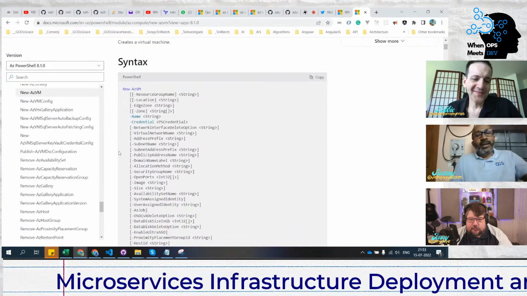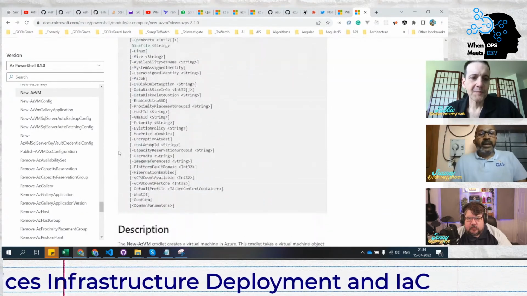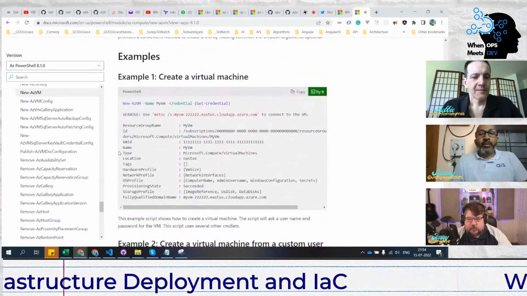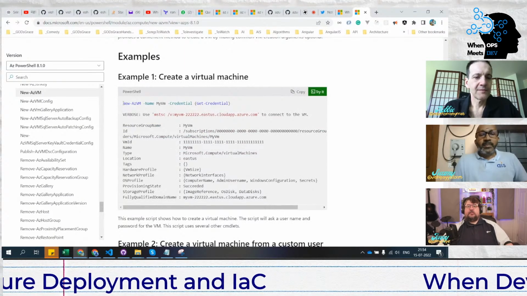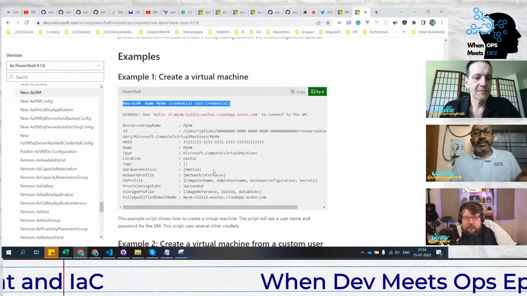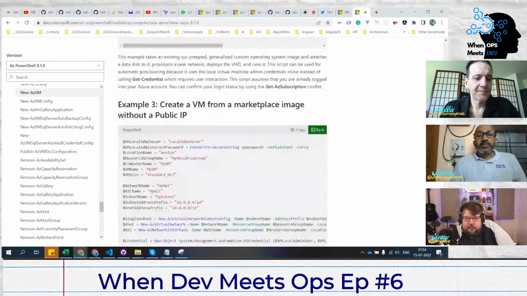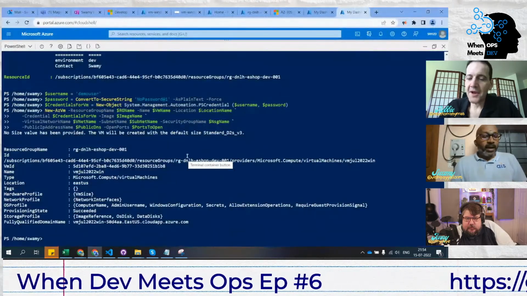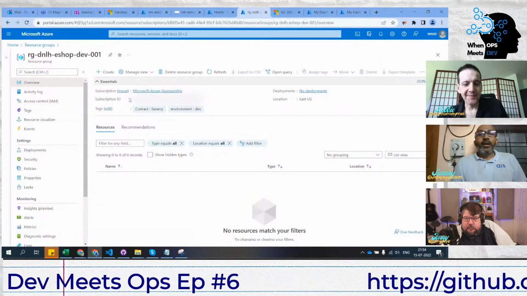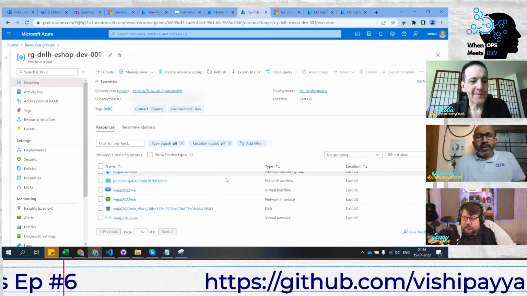It gives a detailed parameter list, what all the parameters are, and a bunch of samples showing how to do it. You can use one simple command, New-AzVM with Get-Credential. That's it, boom. The rest of the things it assumes or defaults. A lot of good information is there. No problem. So see this, it has created a bunch of